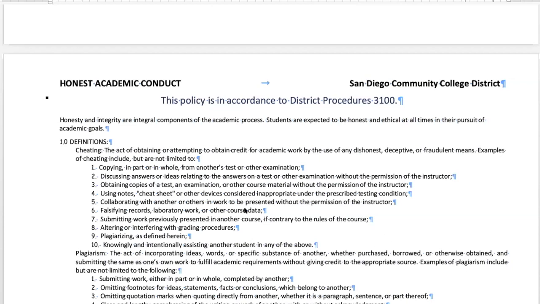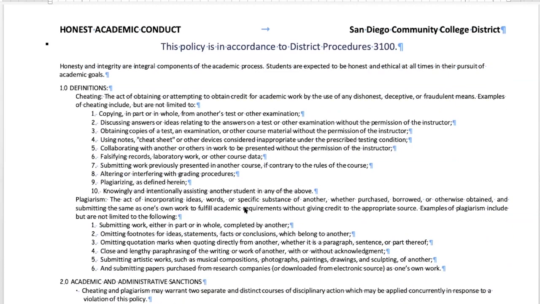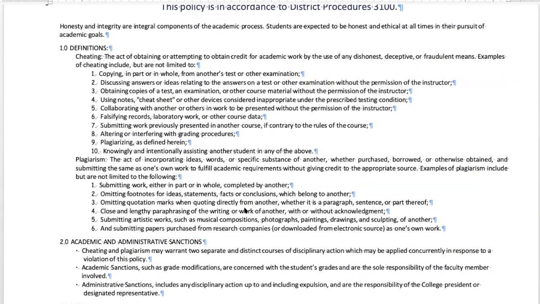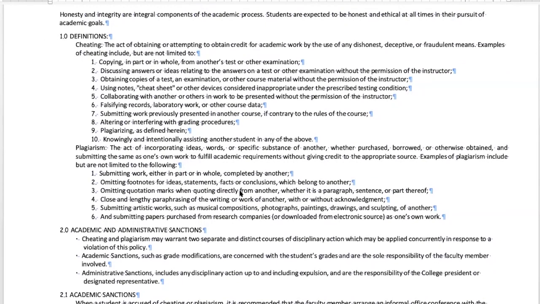And then the honesty policy. Make sure you read this. There's going to be a lot of questions on the honesty policy in your syllabus quiz. The syllabus quiz will not be released until next week. Okay, so don't be looking for the syllabus quiz until next week, because I want you to digest the material first and get a feel for how this course is run.